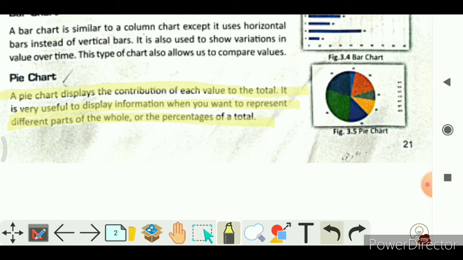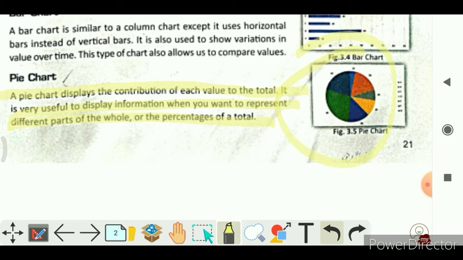It means with this chart, if some work has been done, then the complete task, the complete data, is considered as the whole, and each and every component of it is represented by a percentage, right? So here this is used to show the contribution of some data, contribution of some entity. So when we need to represent the data in such a form, the pie chart is used, right?